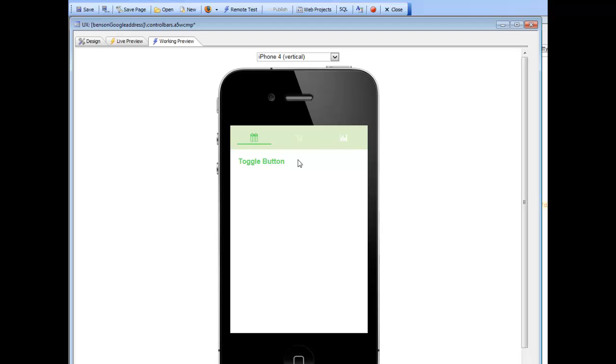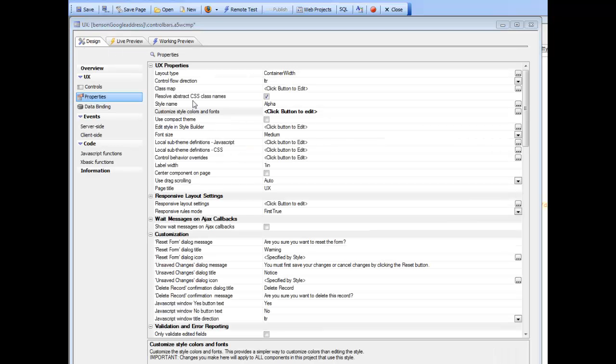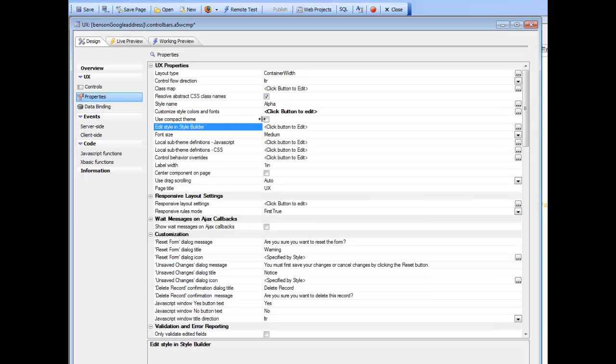Now editing colors in a style sheet is nothing new. You've always been able to go to the button here that allows you to edit a style in the style builder. But when you edit a style in the style builder, if you're editing one of the built-in system styles, what happens first is a local copy of that style is made, and the edits that you make are applied to your own local copy. And while that works perfectly fine, the problem with that is that you now have your